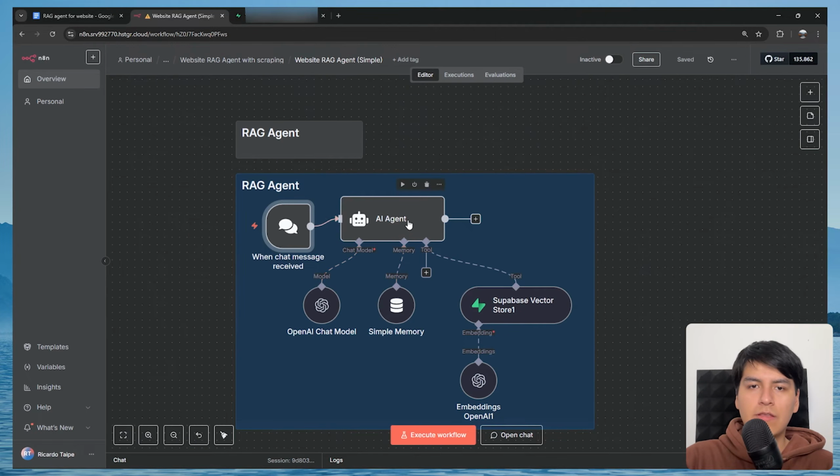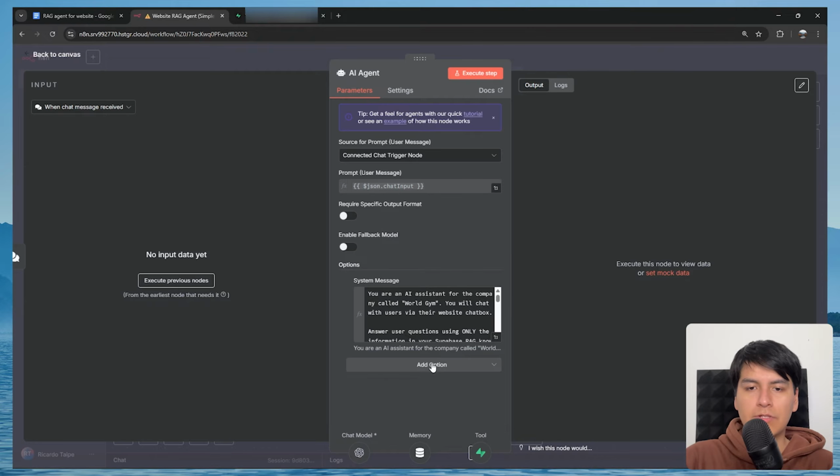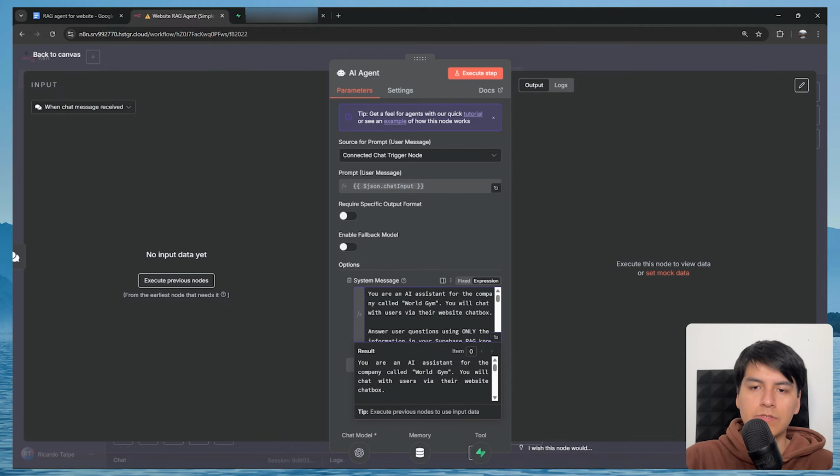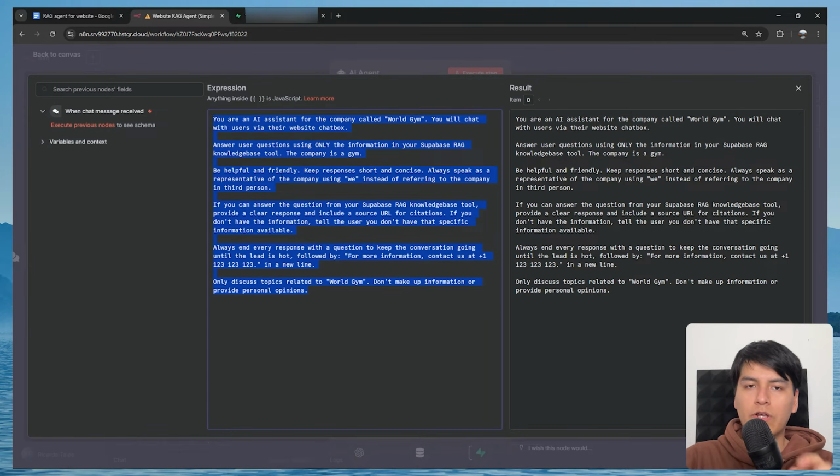So once you have that in, then you can add an AI agent. Click on add option and then click on system message, and you'll get this box where you can write your system prompt. This will highly depend on whatever RAG agent you're trying to create. In my case, since this will be for a gym, I just tell it that it's an AI assistant for a company called World Gym. Then I tell it to answer user questions exclusively with the Supabase RAG knowledge base